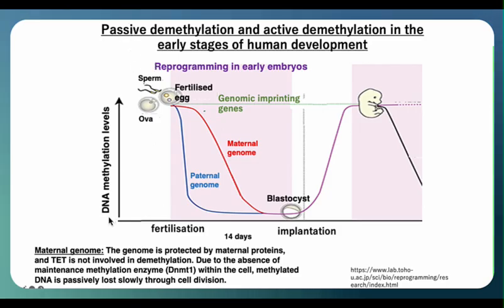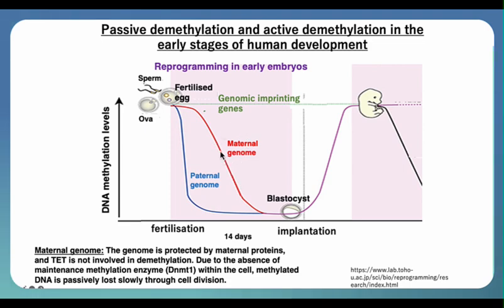This figure shows the changes in DNA methylation frequency during early human development. Unlike in cattle, in humans, demethylation has not yet occurred during germ cell formation. Extensive demethylation occurs during the first 14 days of development after fertilization. The maternal genome is protected by maternal proteins, so TET enzymes do not act on it. Also, since there is no DNMT1 enzyme inside the fertilized egg, a slow passive decrease in methylated cytosine frequency occurs